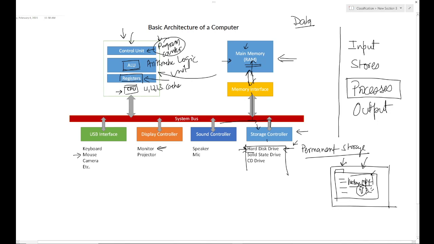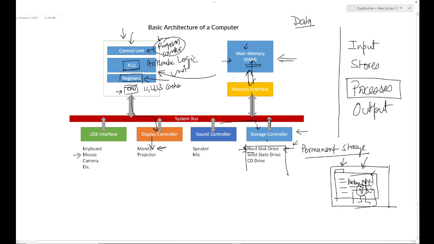That instruction when executed will fetch that file from the main memory and will process it, whatever processing is required, and it will detect that this has to be converted into some display information, an image or a series of images that will be passed to the display controller, and the display controller will display the video on the monitor. Okay, so that video will come over there.